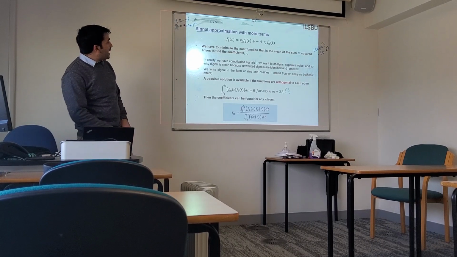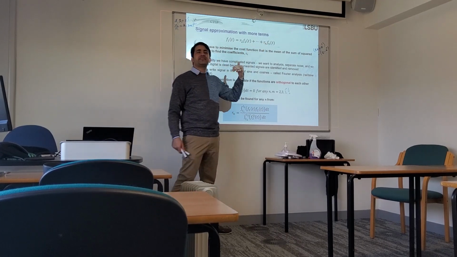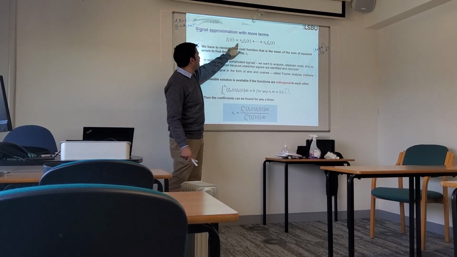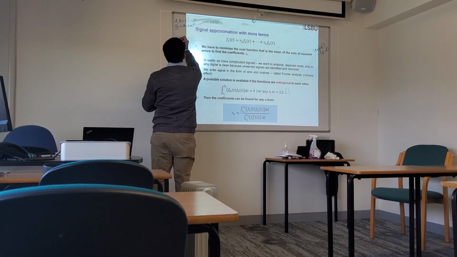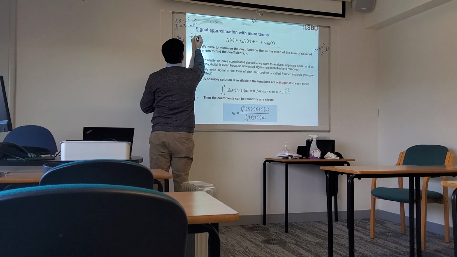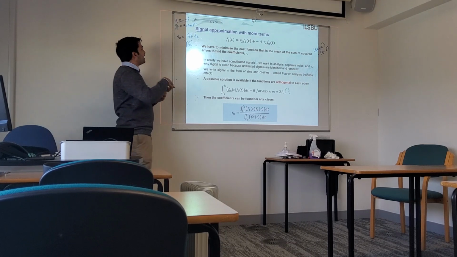Okay, so it means that here we can do similar things. If you have multiple functions, we can do the same R naught, right? So here you can see that you have R2, R3, and so on. If I go back, R naught was somehow the integration of F1 F2 divided by the integration of F2 square. Somehow this was a function for R naught, right? So the same thing I can do for